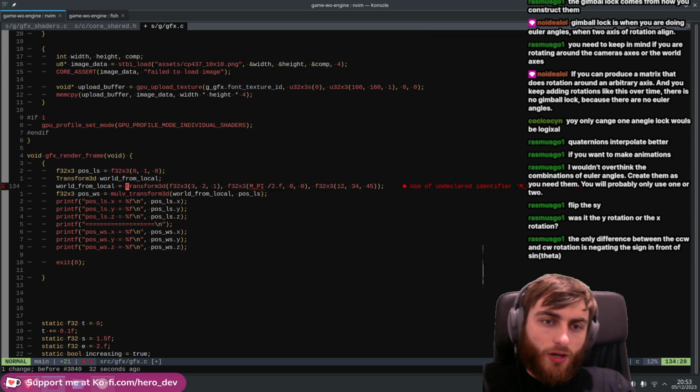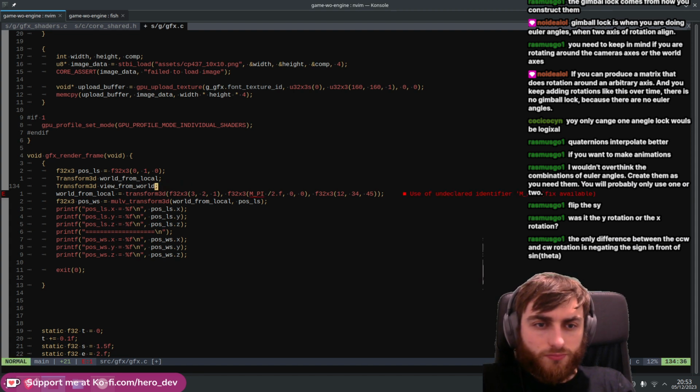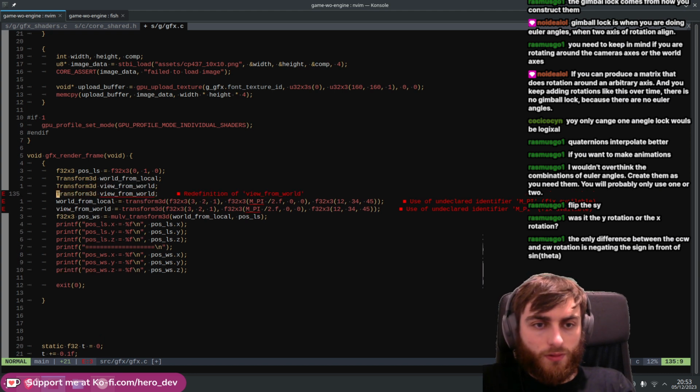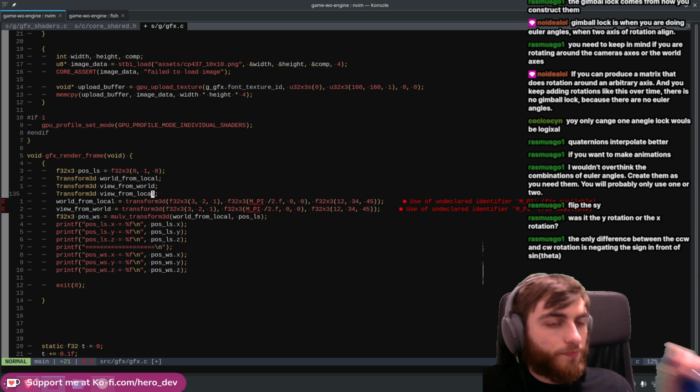Okay. So now let's create two transforms, do a multiply. So we'll have our world view from world. So we'll create a world from local and view from world, and we'll combine them to make a view from local. So we need something simple that we can sort of calculate, but also be a good enough test for the multiply itself. So for this one,